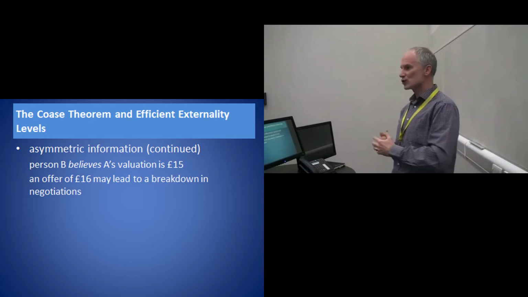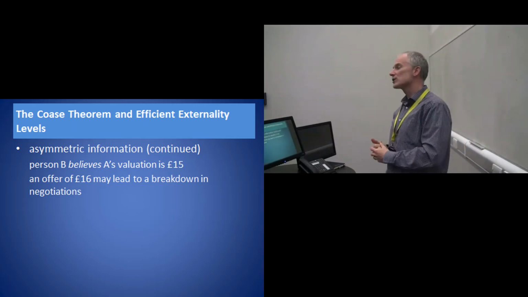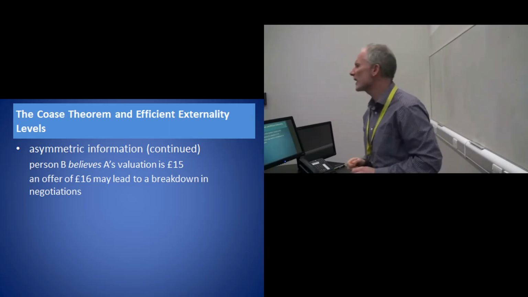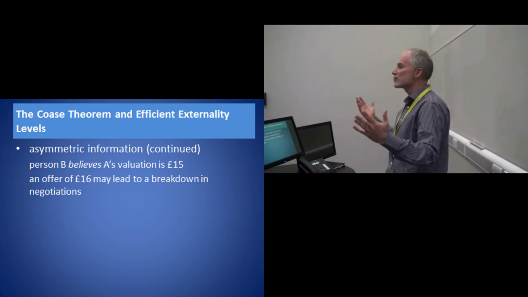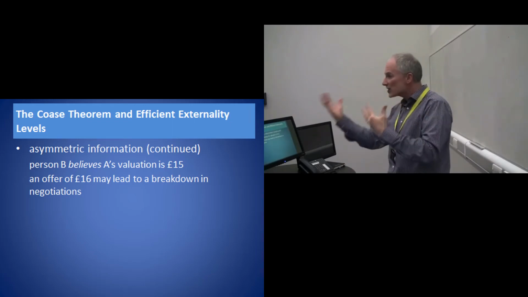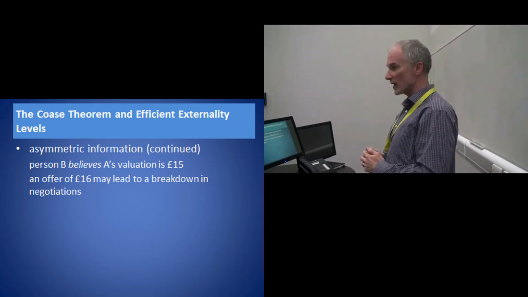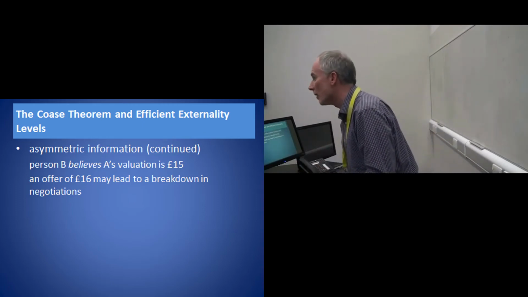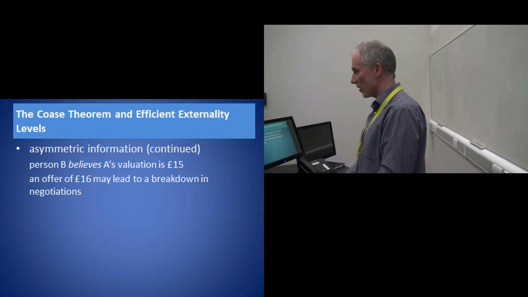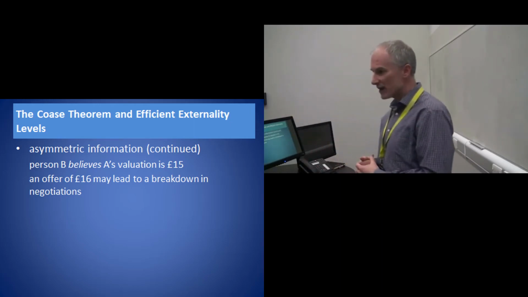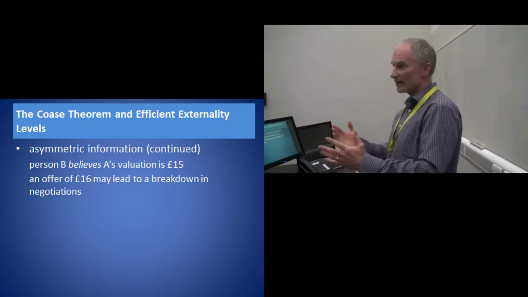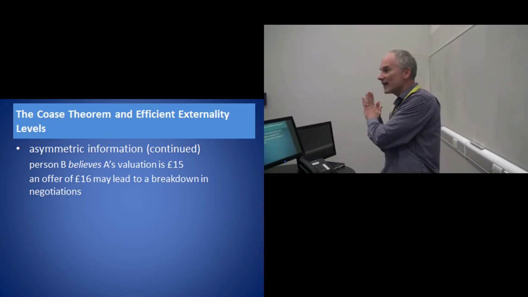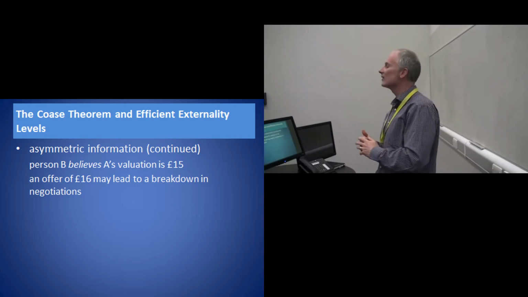But the fact that he rejects it would then make, or is likely to make person B, the non-smoker, think, actually, you're just playing games. You're bluffing. And as such then, negotiations break down. They pull out. And this is the problem with information asymmetry. Even though there clearly are benefits to parties bargaining, in the presence of information asymmetry, the whole bargaining process can break down. And if the bargaining process breaks down, you don't get the outcome predicted by the Coase theorem.